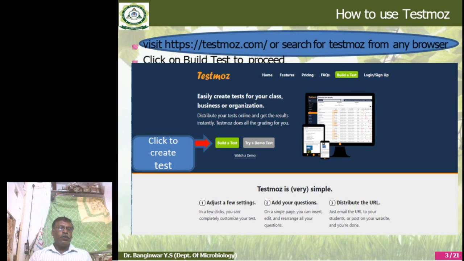Now, how to start TaskMoz? Very first, go to your address bar and type taskmoz.com.